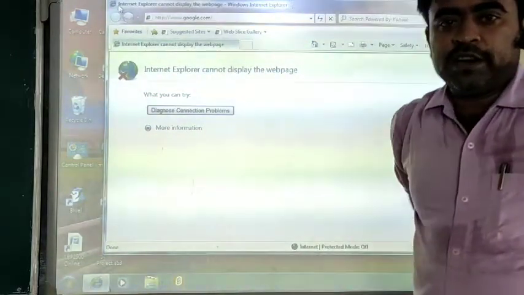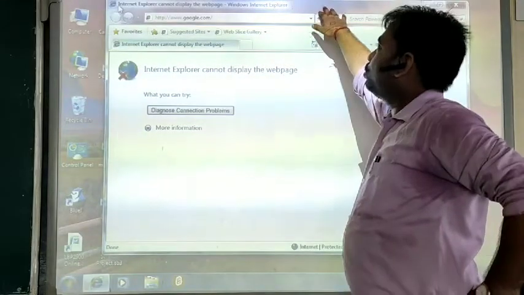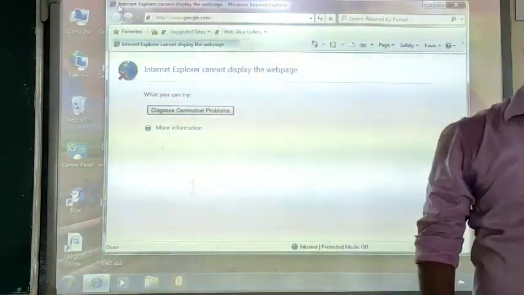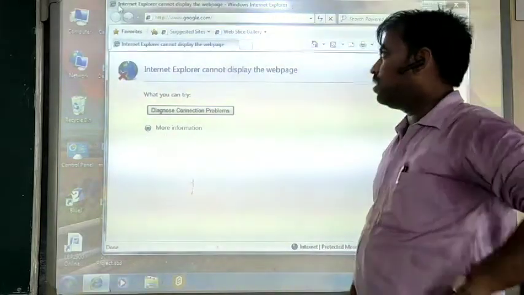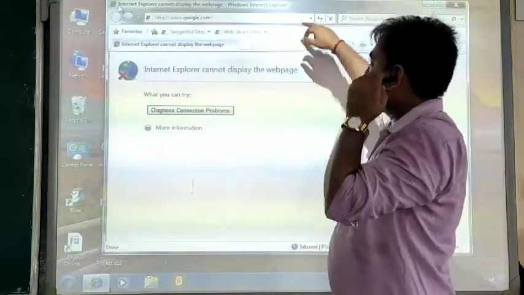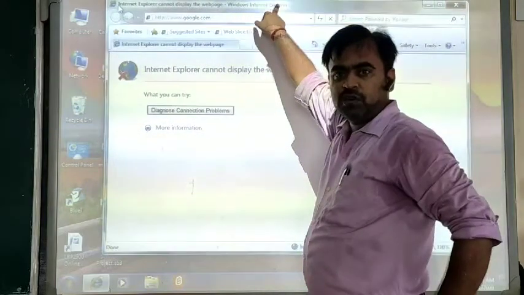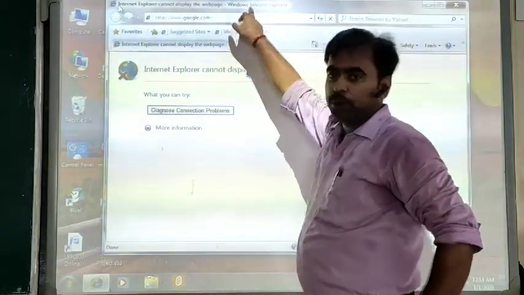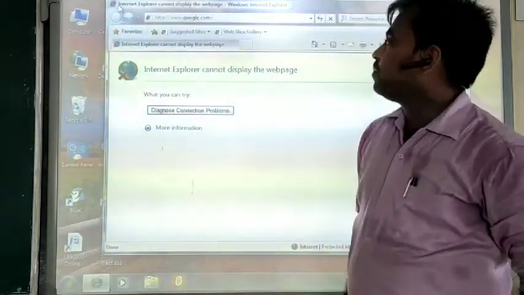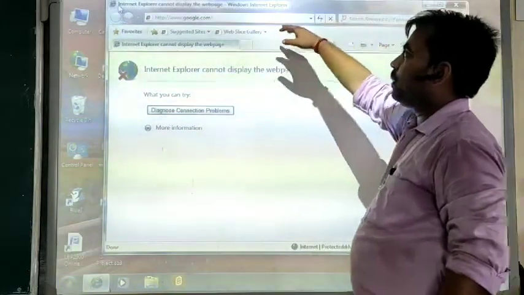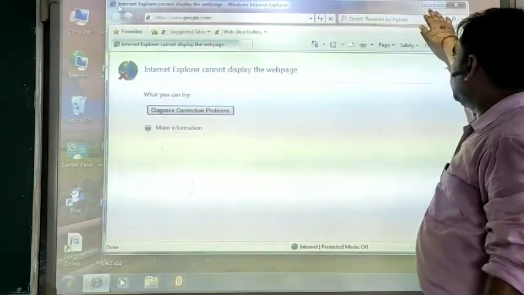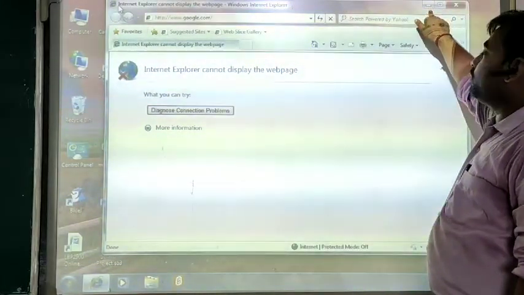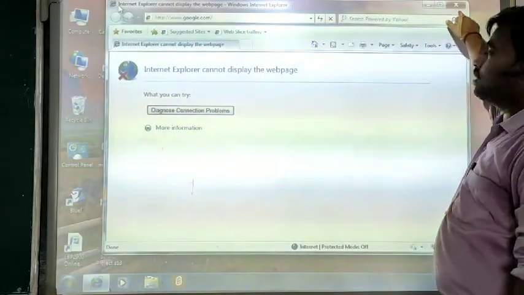The title bar of Internet Explorer is used to display the name of the current web page which is open on your screen. It displays the name of the web page or the website which you currently have open. In the same way, the title bar also contains three buttons, that is minimize, maximize and close.